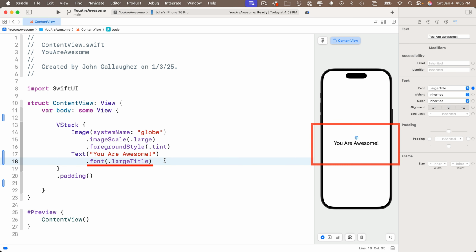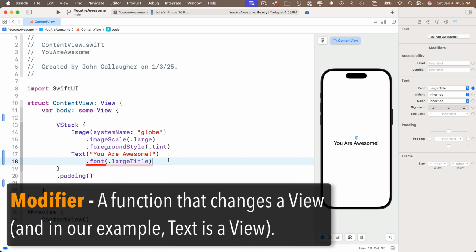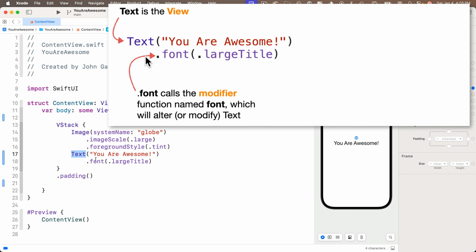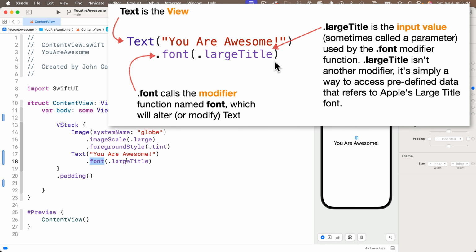Now this dot notation that you see in front of the word font, and there's no space between dot and font, means that font is a modifier. Font is a function or a little chunk of code that modifies the view above it, in this case the view text. So in this case, a view, which is text, is being changed by the modifier, named font, which takes the input value, large title, which is the name of the specific font to be used when changing the